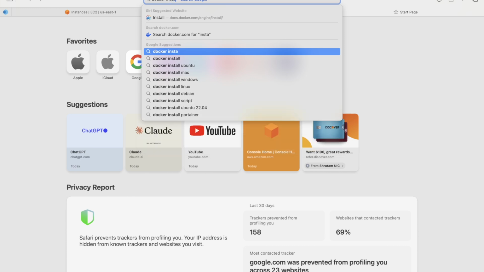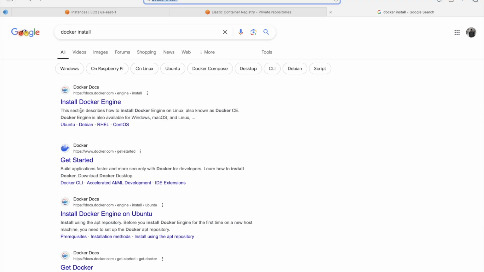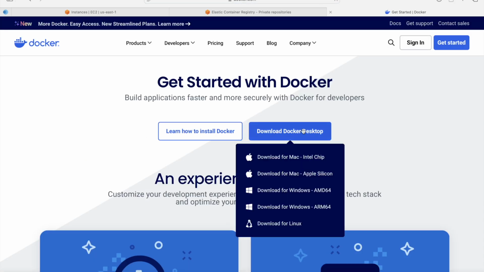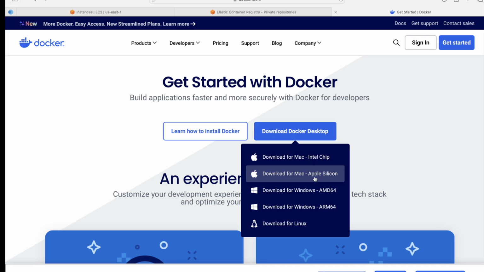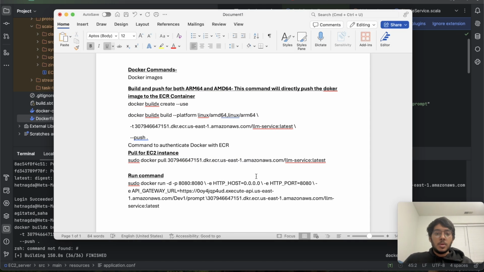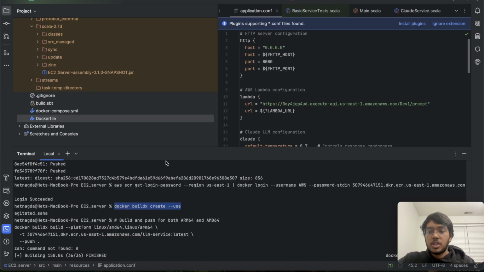Docker. Install this and just download it. You can download it for any platform; I haven't installed it for Apple Silicon. Post that, what we need to do is have these two files